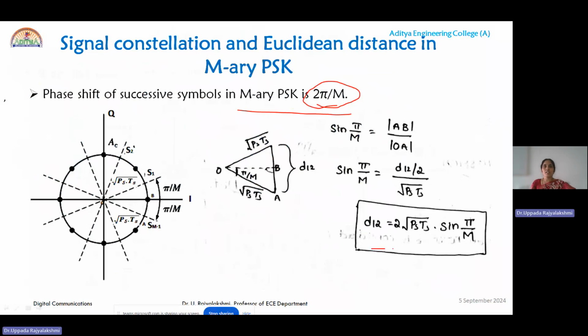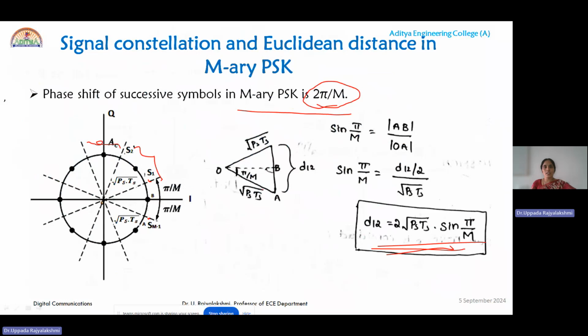Similarly, the Euclidean distance between the two symbols, for example, here these are the two symbols S_M and S_1, or between S_M minus 1 and S_M, or between S_1 and S_2, or between S_2 and S_3. If you observe, the Euclidean distance is defined as 2 root(E_S) into sine(pi by M), because